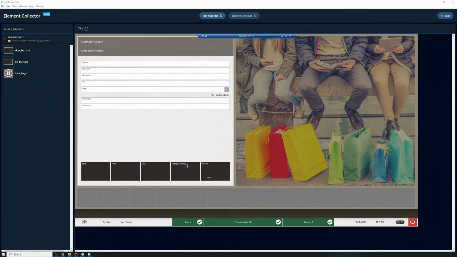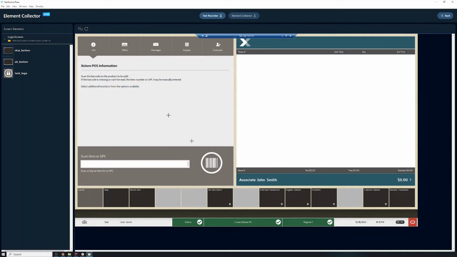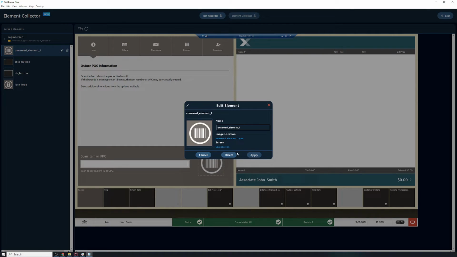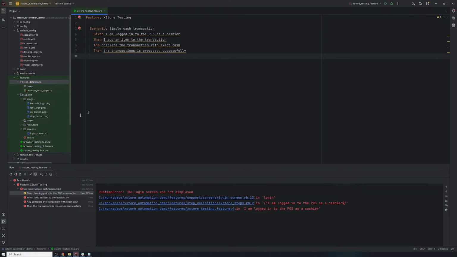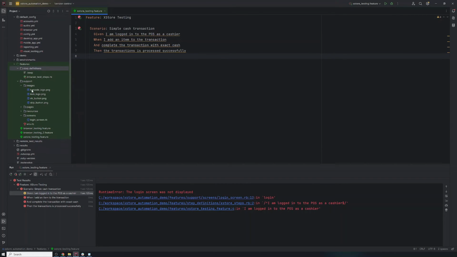So let's switch back to Flare. We'll then collect that barcode image. And then for consistency, I'll call it the barcode logo. All right, we've got our 4 images stored then under the login screen class. So let's switch to the IDE. We can see on the left-hand side here, our images are saved here. We've got our new login screen